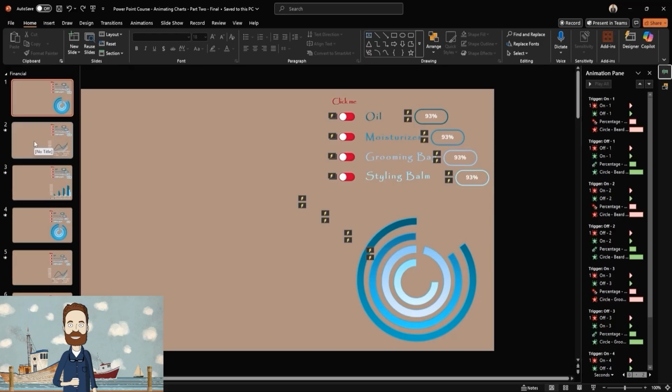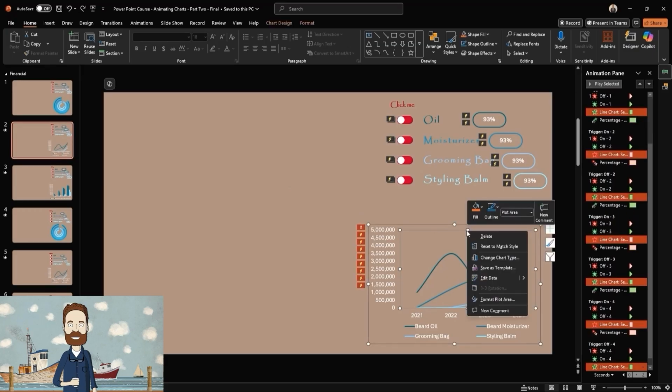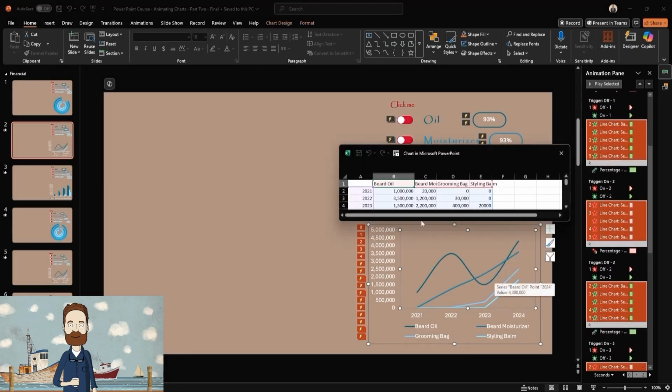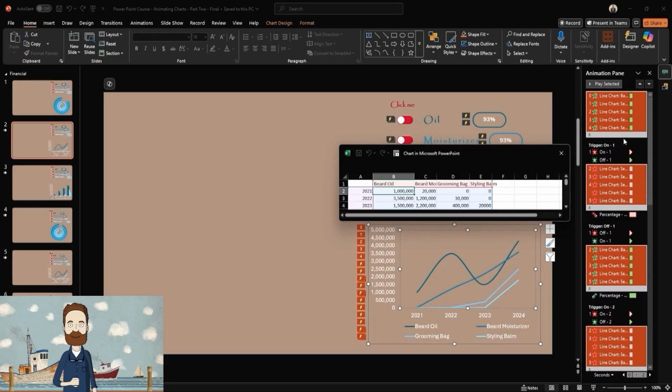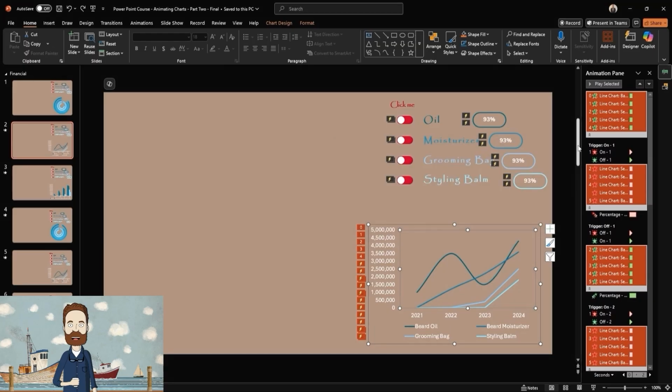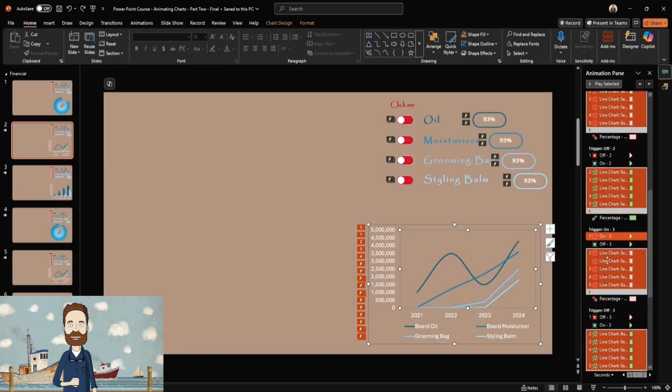But let's head back to slide 2 and try doing the same thing there. And here's where the problem starts to reveal itself. As soon as you edit the data on slide 2, you'll notice a frustrating behavior. All of the group chart elements that we previously deleted for each trigger group come back to life. Essentially, PowerPoint rebuilds the full data set into the animation group, undoing all of our careful work from earlier.